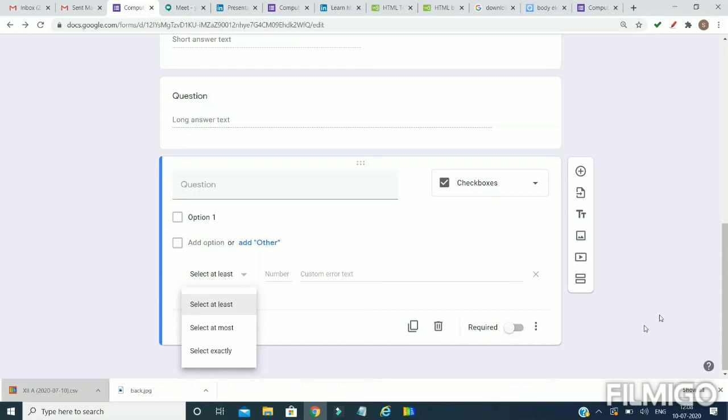So friends, you have seen that by using response validation, we can bring uniformity in data. They are very helpful for data collection purposes, and we can stop the student from using the wrong formats.